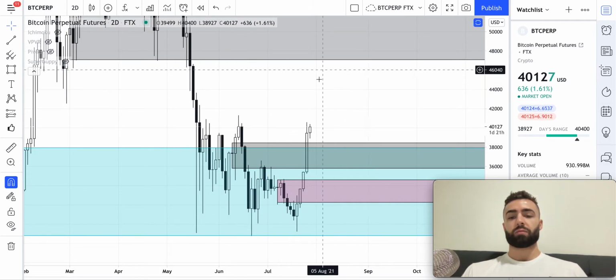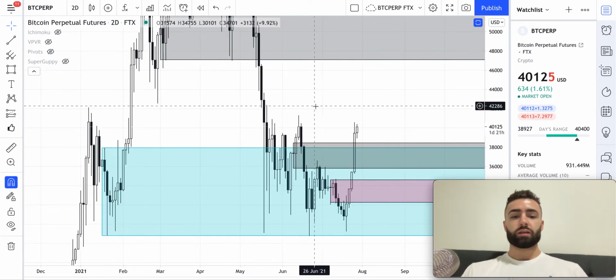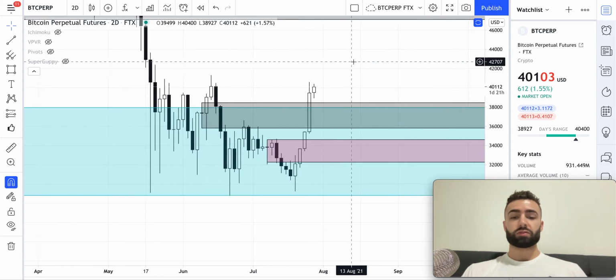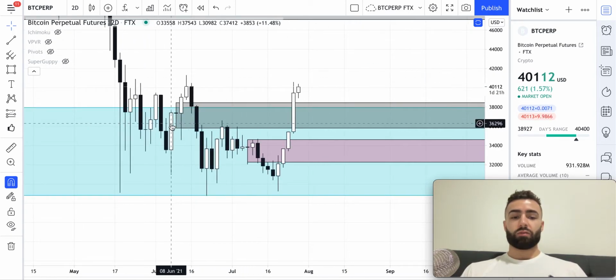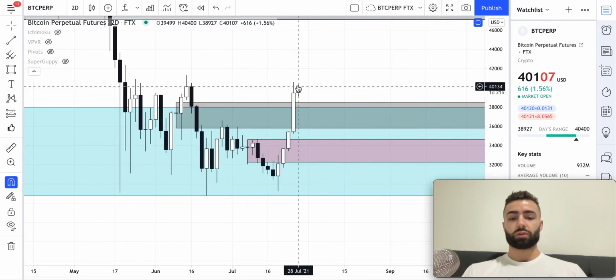I'm sure there'll probably be one in this range. But besides that, there's nothing in here in terms of daily or 2-day level resistance levels. So this level, now that we're pushing through this resistance,